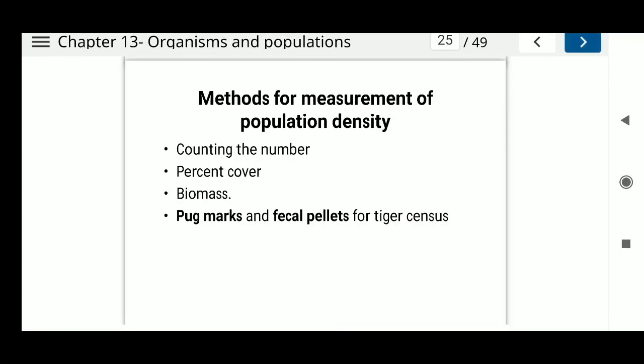Now how do we calculate population density, children? The first easy method is to count the number. We can count the number of the population, like we do for the population of India every 10 years in each census. So by counting the number, that is one method. But sometimes it is not possible to count the numbers, so there are different methods to count. Now if you will see,